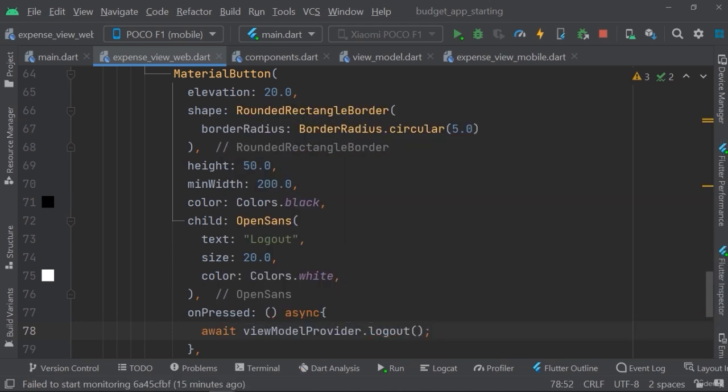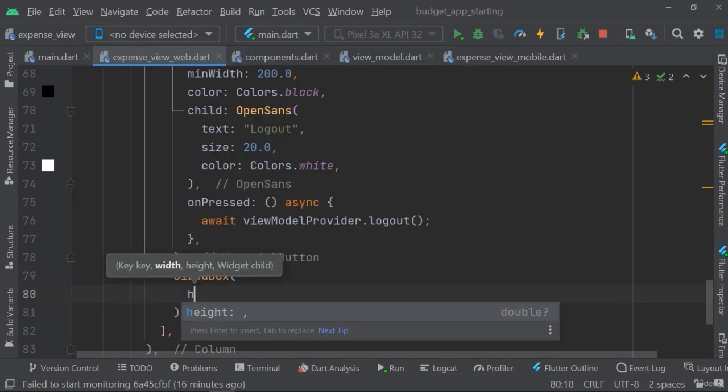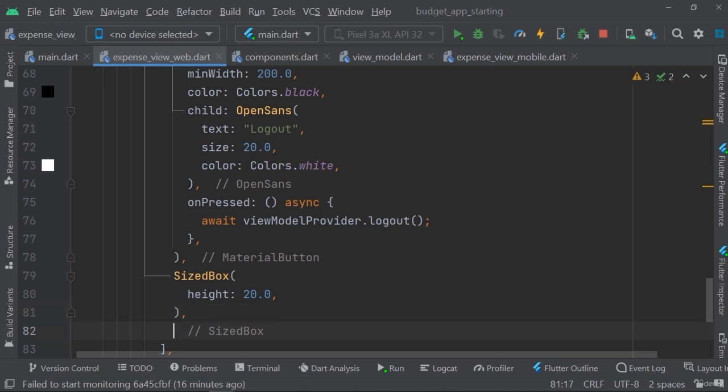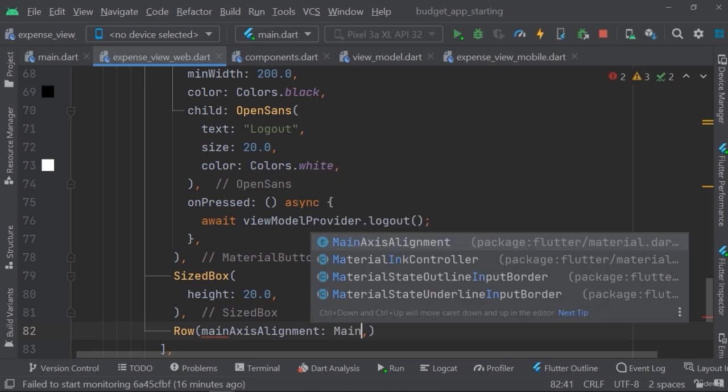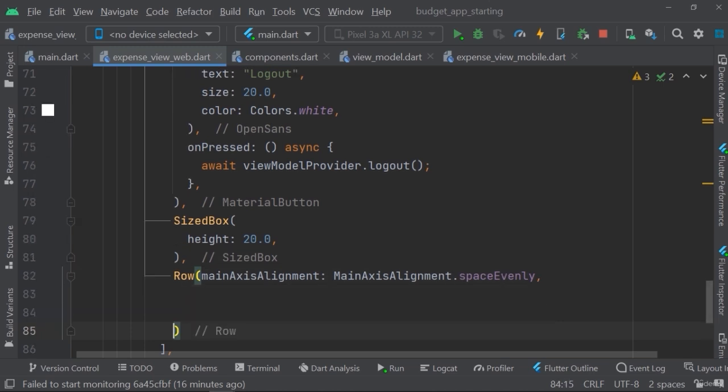Next, we need to add a sized box with a height of 20.0 in order to make a small gap between the logout button and the social media icons. And then let's call a row. Set the main axis alignment to main axis alignment dot space evenly. In the children,